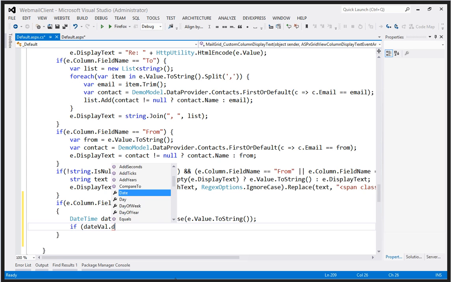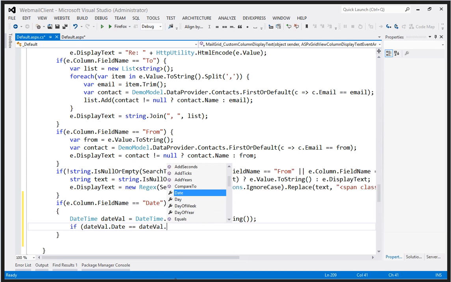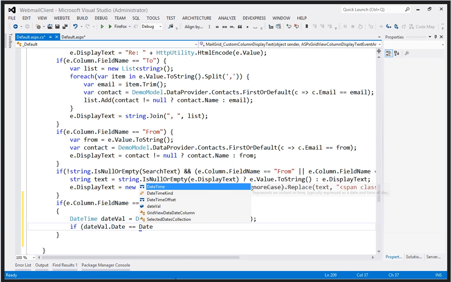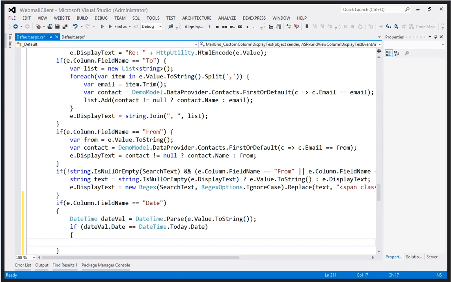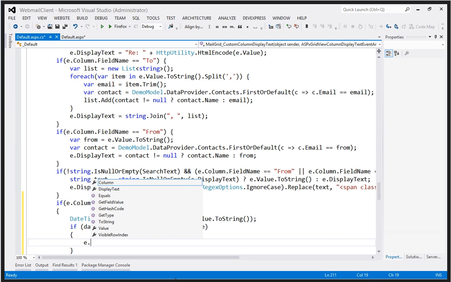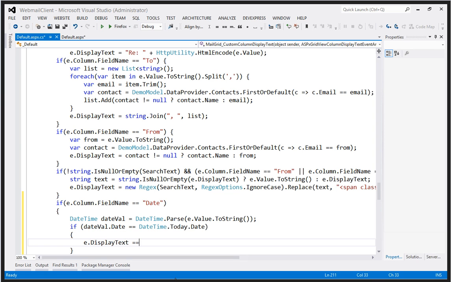For example, day of the week, day of the year, date. So I'm going to look at the date portion and see if that is equal to DateTime.Today's date portion. And if it is, then we're only going to return the time. Now remember, there was a variable called e.DisplayText, and we're going to simply set that to return